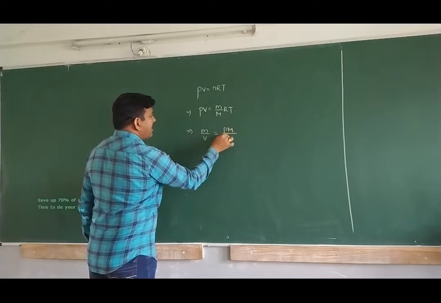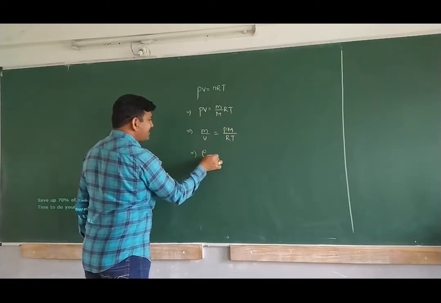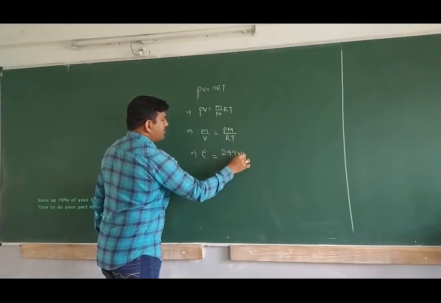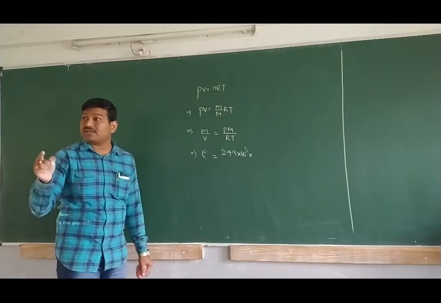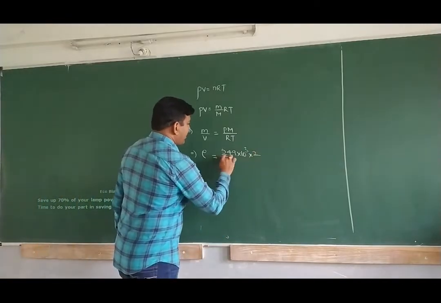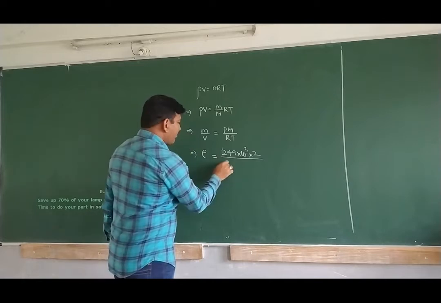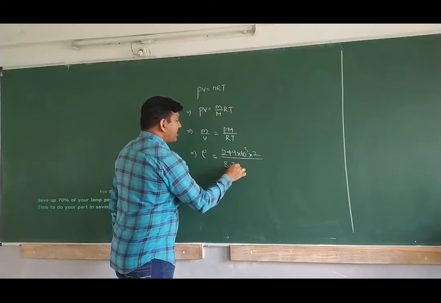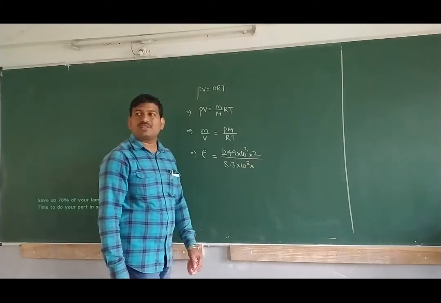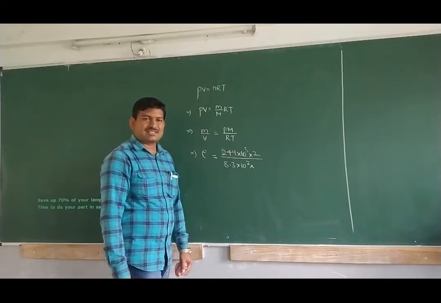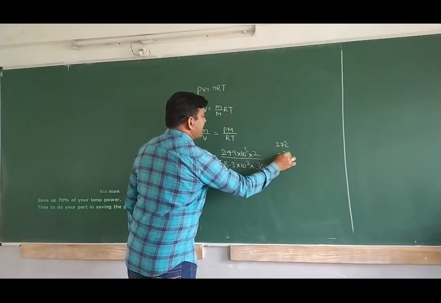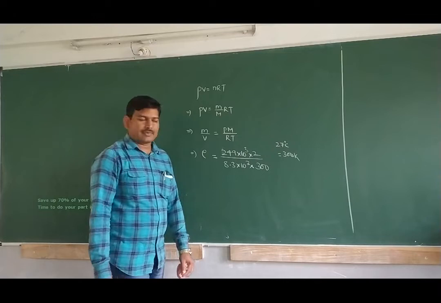Therefore, density is nothing but PM divided by RT. So density rho or D is equal to pressure, 249 kilopascal into 10 power 3, times the molecular weight of hydrogen. They have given hydrogen gas, H2, molecular weight is 2, divided by R, which is 8.31 into 10 to the power of 3 if we make the conversion to kilogram, into temperature. 27 degrees means how many Kelvin? 27 degrees Celsius is equal to 300 Kelvin. You have to add 273 for that. Then what will you have?